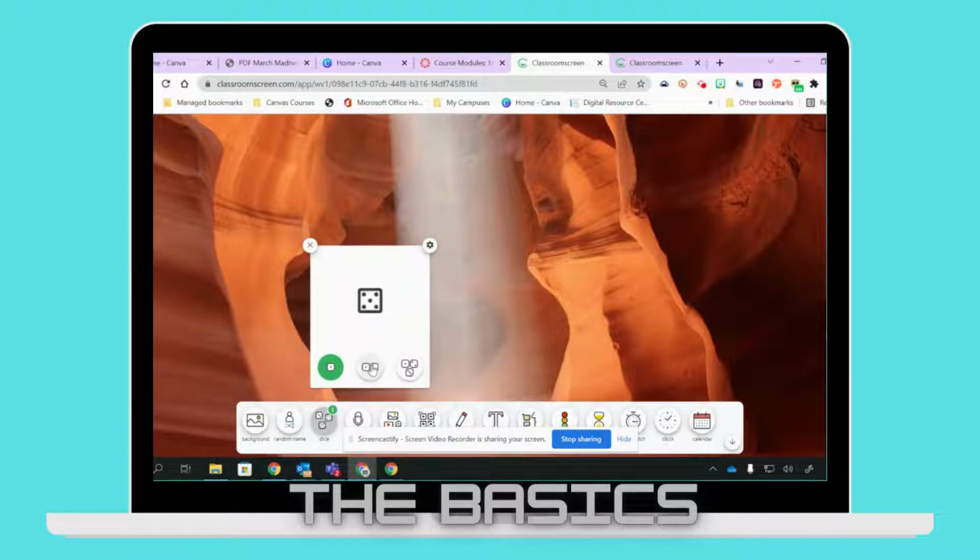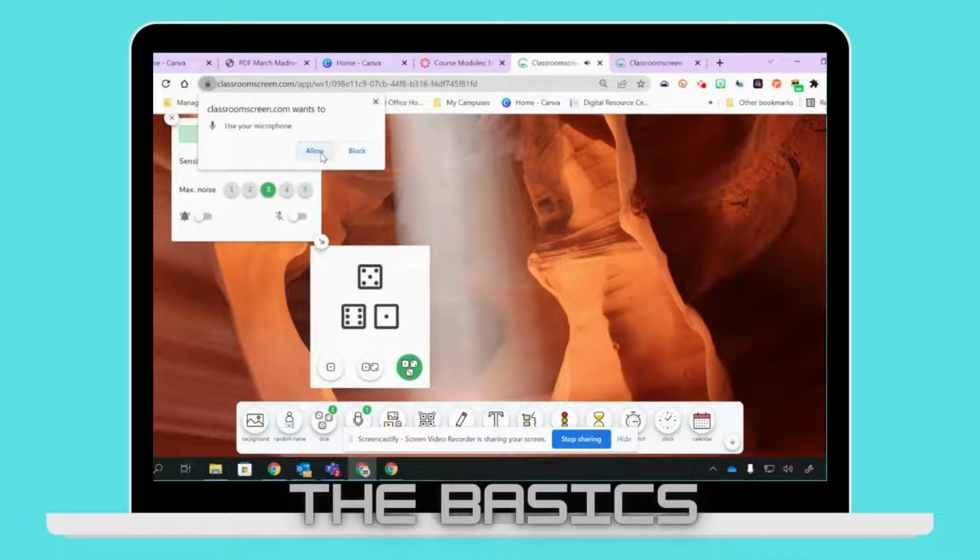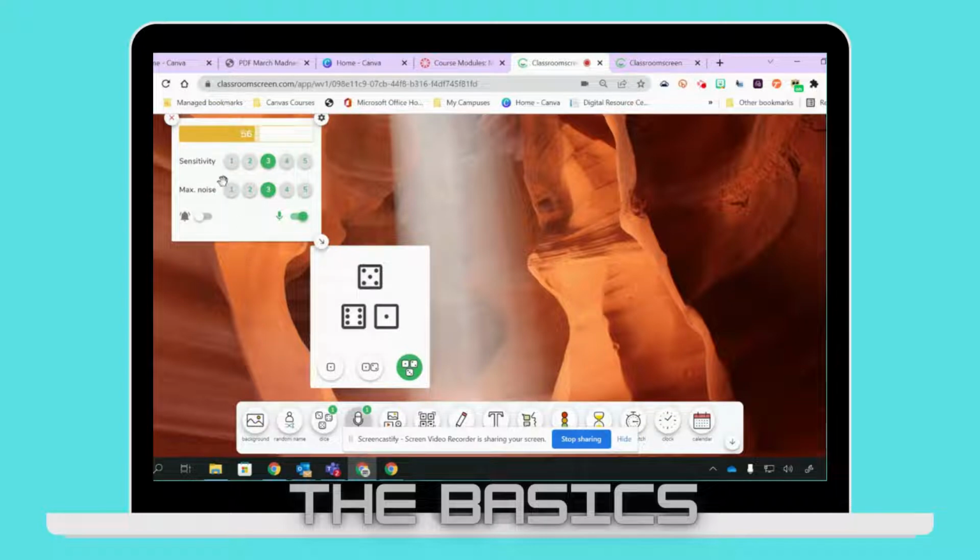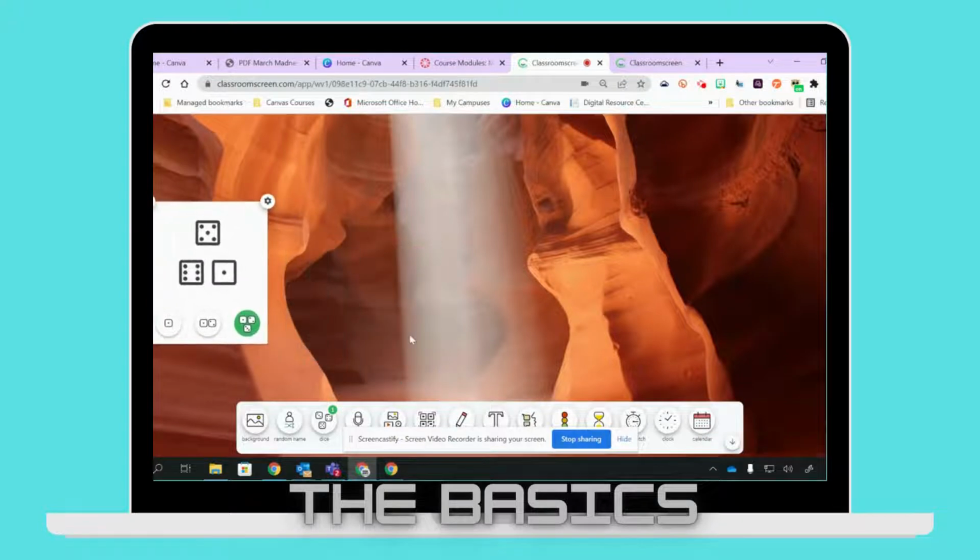There's also dice, 1, 2, or 3. And I'm going to choose allow because this involves my microphone, a noise sensitivity application here. And you can set an alarm to go off if it reaches red. You can also change the sensitivity as well. Depending on your students, some of those see that as a personal challenge, but it works really, really well with